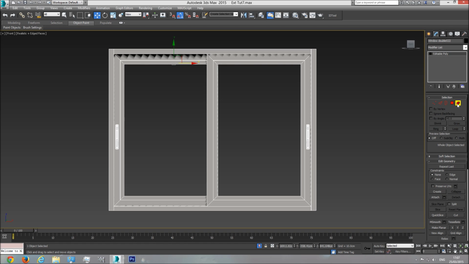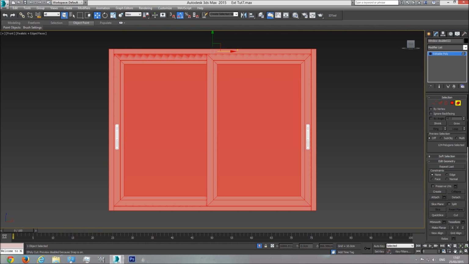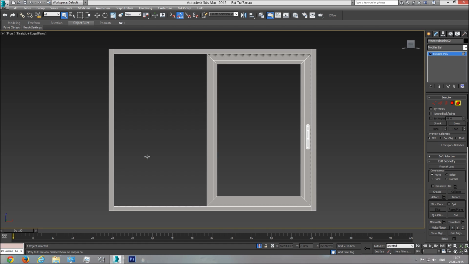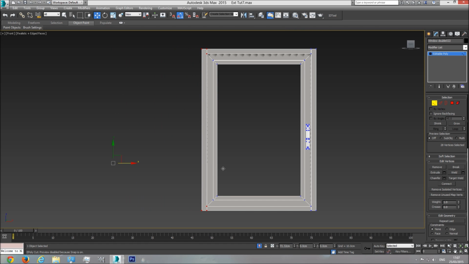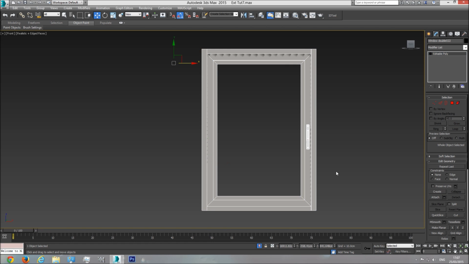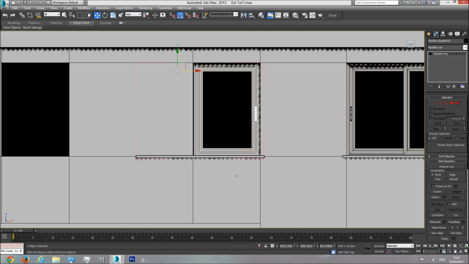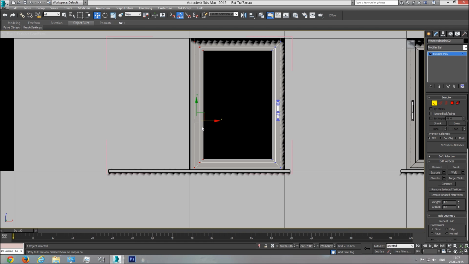I'm going to select elements, go to select object, and select all this left part of the window, everything. Just select and delete. Next thing I want to do is take these vertices to the right like so, and we have a one parter window. Let's unisolate it by clicking on the bulb, and now we need to make the window a little bit bigger. So I'm going to select these vertices on the left and make it a little bit bigger so it fits the opening like so,